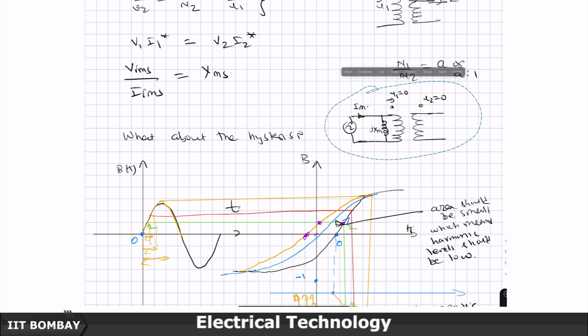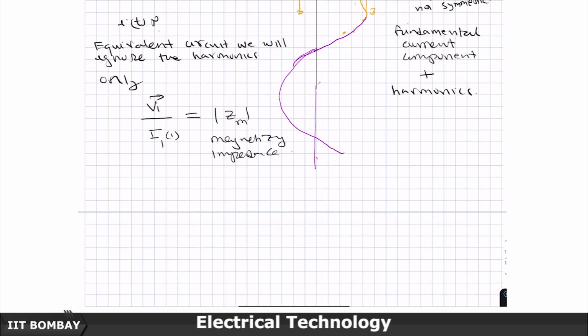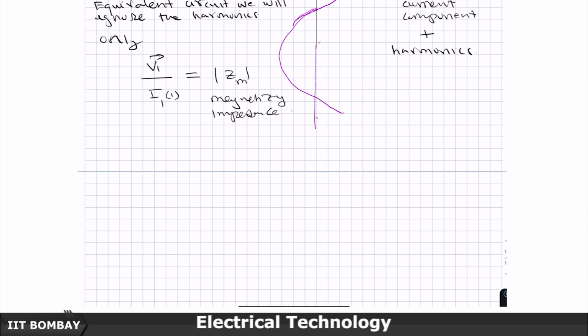The voltage coil has to be connected in shunt, the current coil has to be connected in series, and then you look at the wattmeter reading, which is the average power dissipated per second. Then you will see that it will record the sum of eddy current losses and the hysteresis losses, and therefore,